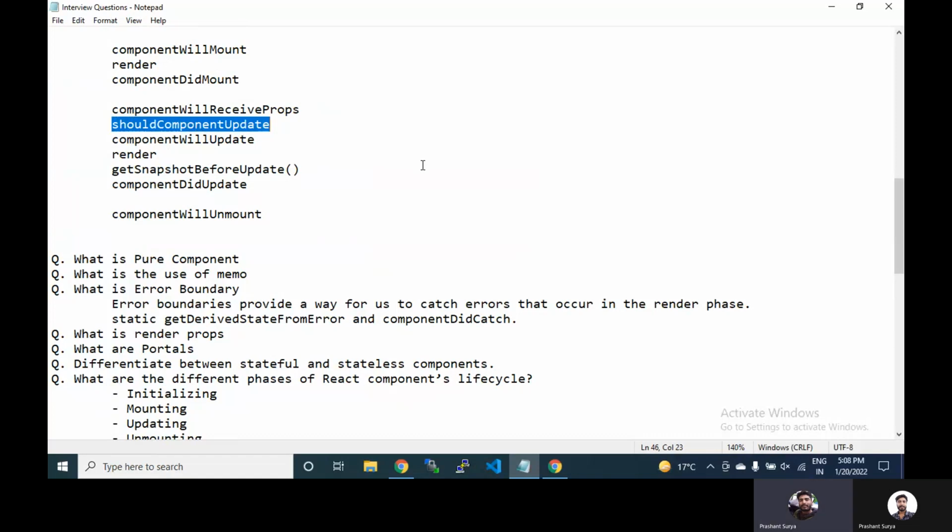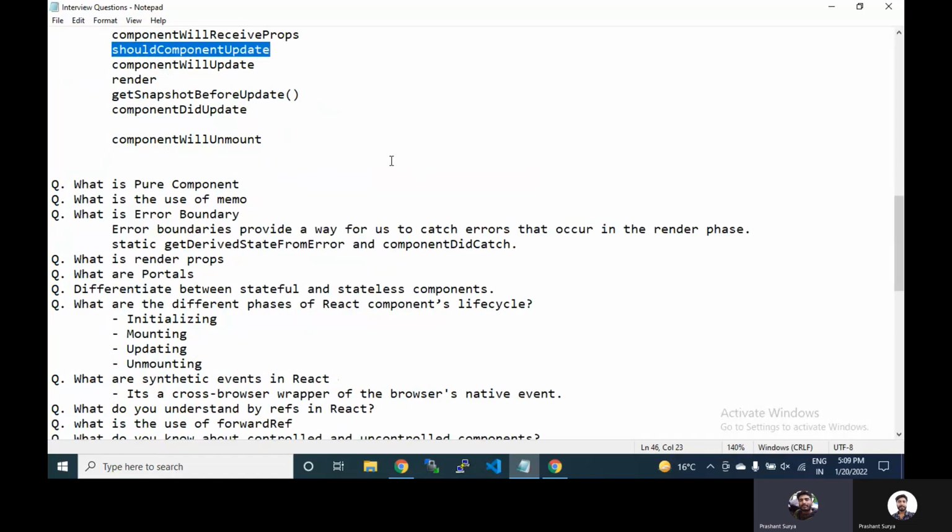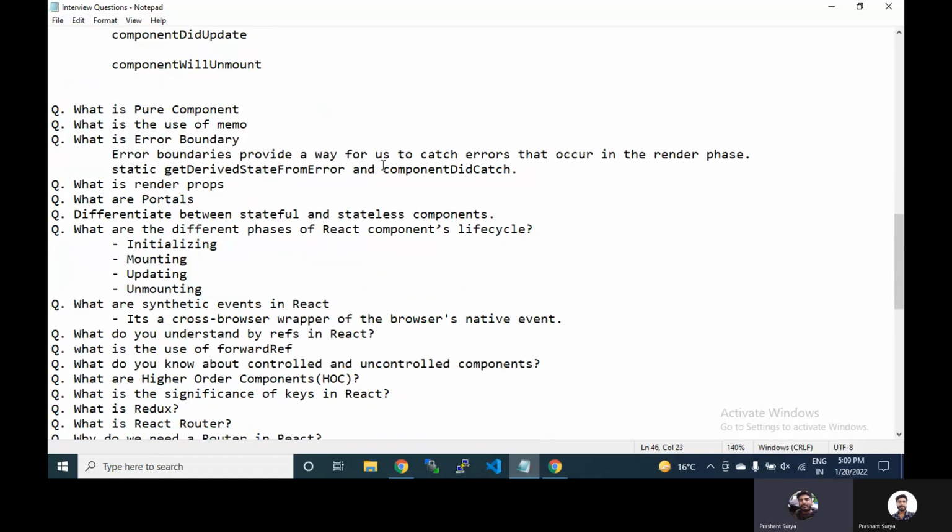If you want to make it an impure component, then you have to return true by calling this hook. So basically you just create React.PureComponent, meaning you extend, or inherit the properties of, PureComponent rather than the normal Component to create a pure component.